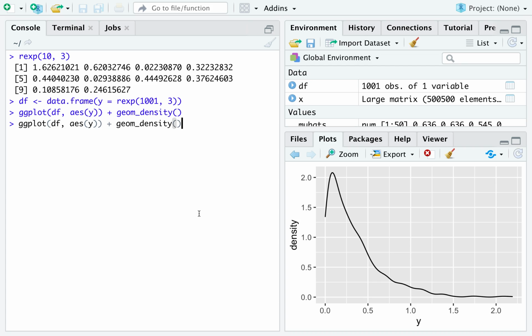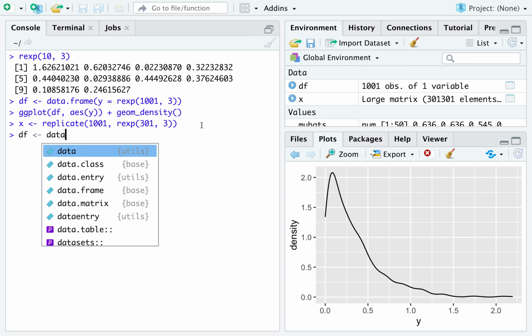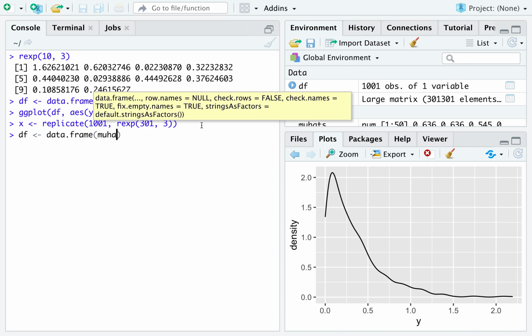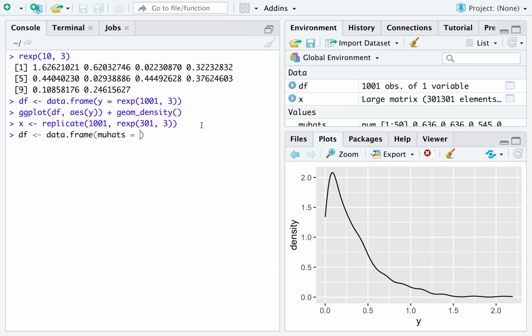If we repeatedly sample from that distribution, let's say we have 1001 friends, each of whom is going to randomly sample 301 exponential observations with rate parameter equal to 3, I don't know. And then if you create a new data frame where you look at the sample means, which I'm going to call mu hats,